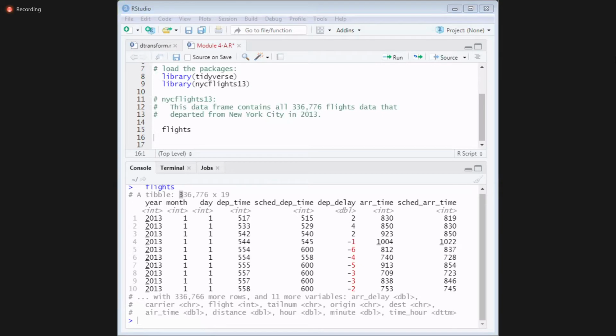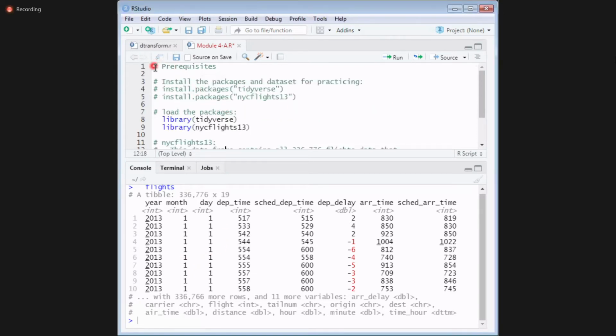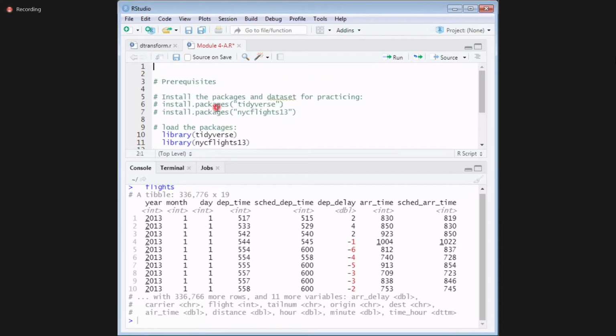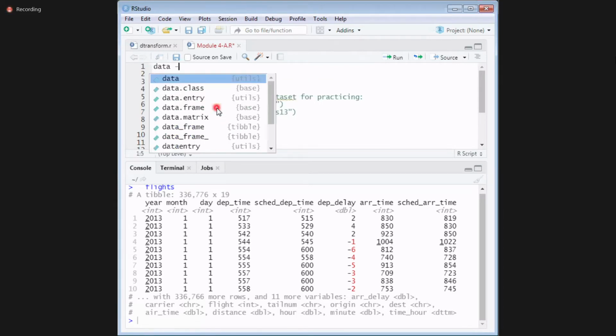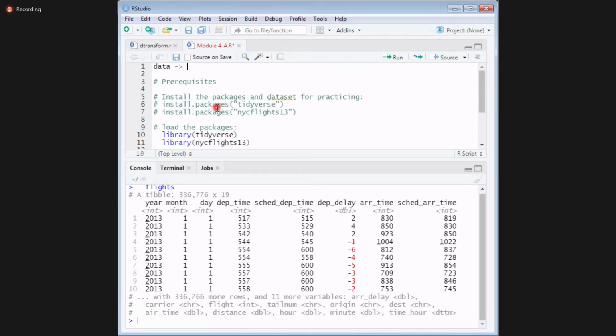Can anyone tell me what is the need of transformation? Generally I have data, and with data you do visualization. But what is the problem here?